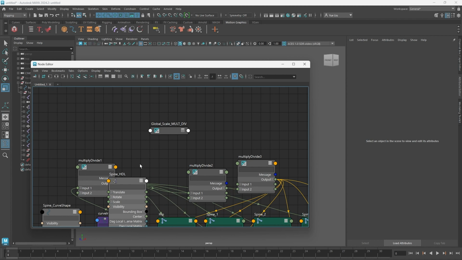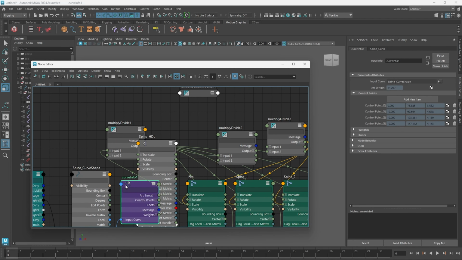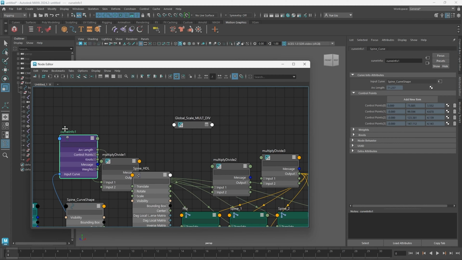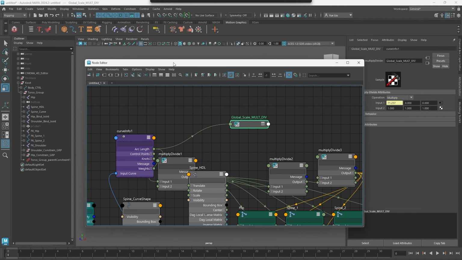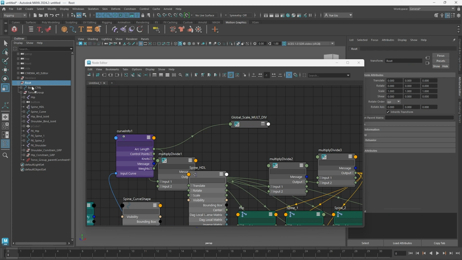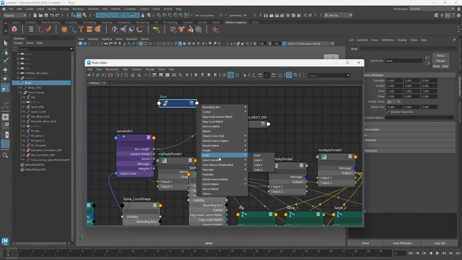And then feed the original curve info node that you had, the arc length, into input 1X. Then middle drag your root group into the node editor and feed the scale Y of our root node